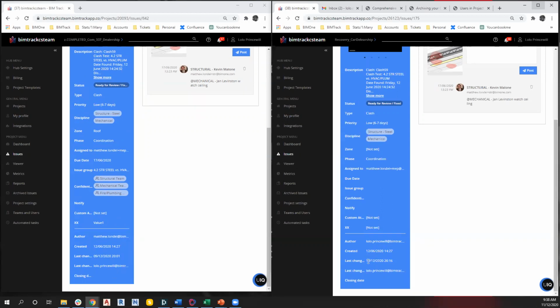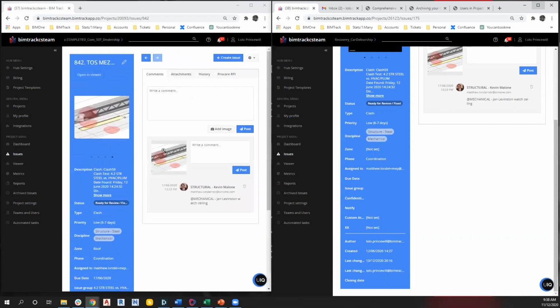Well, I made that change yesterday. So there it is. It changes the last change date. Who it was last changed by, again, this is a coincidence because I was the last person to make a change to this issue, but in the recovery, that would reflect the individual that imported your issue. You're also going to lose the closing date if you had any as well. If we head back up,